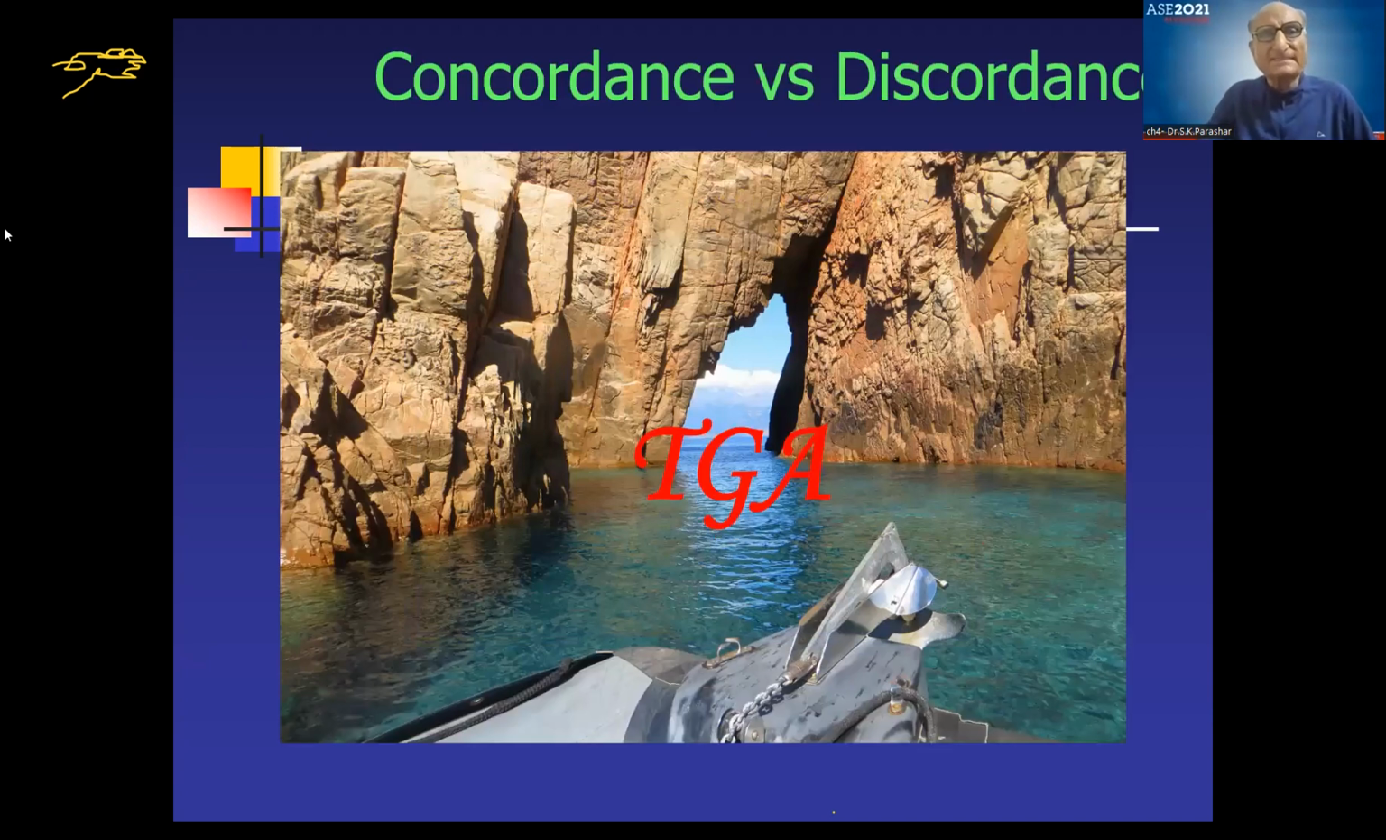Now we come to TGA. Now there are terms known as concordance and discordance. Concordance means when there is a normal connection. Discordance means when there is an abnormal connection. So we will now tell you what concordance means: correct, and discordance means that there is an incorrect connection